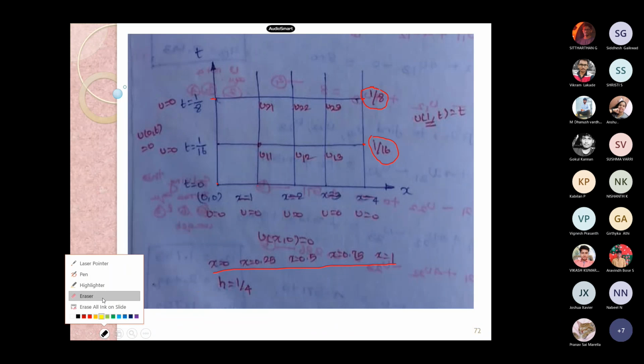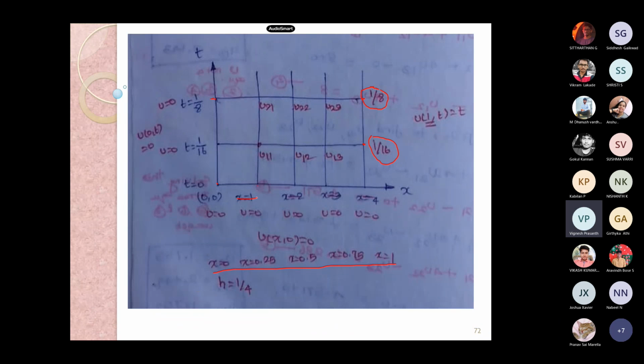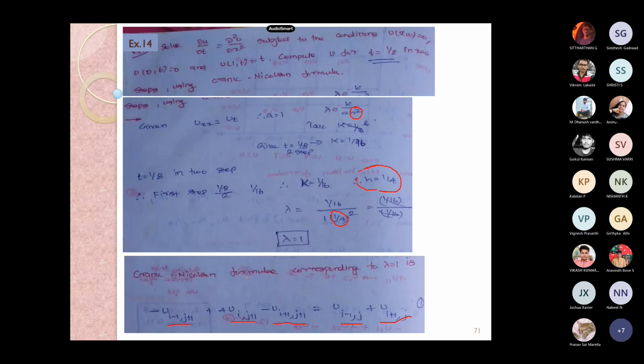I have a doubt, sir. In the first step, how did you get h is equal to 1 by 4? Yes, I think in the last slide itself I have detailed it. Still, since you are inquiring, based on the h value we have taken the x value. h is an interval on the x-axis.